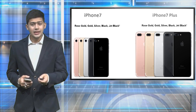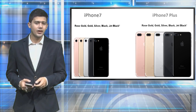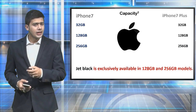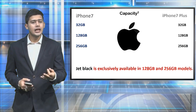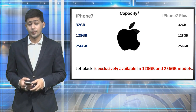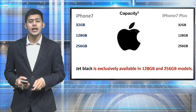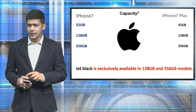Today's special topic is what's new in iPhone 7 and iPhone 7 Plus. Let's see the two beauties first. Yes, they offer the colors rose gold, gold, silver, black, and jet black in both the variants. In terms of memory size, 32GB is the new variant in both the iPhone 7 and the iPhone 7 Plus. But the jet black color is exclusively available in the 128GB and the